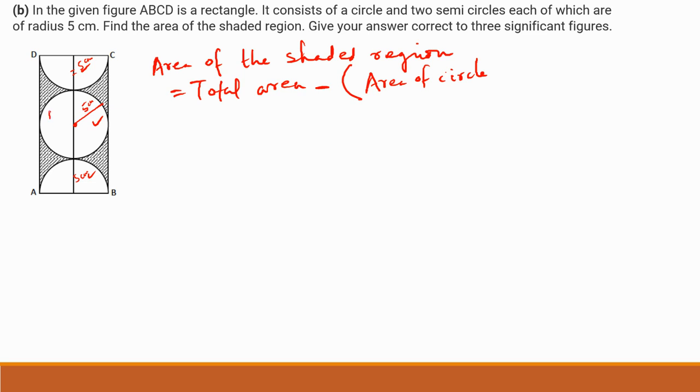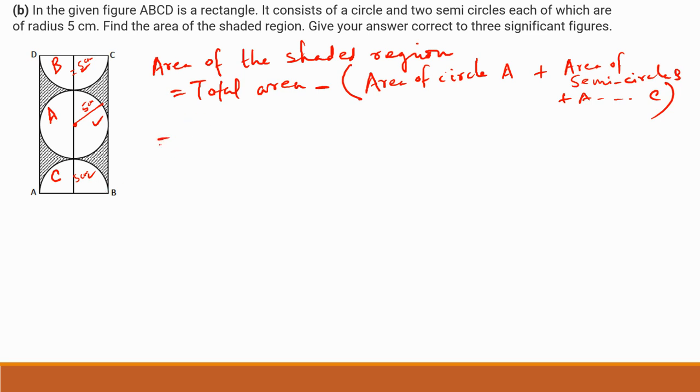You can mention, you can write here a, you can say this is b, this is c. You can also label it out. Area of circle a plus area of semicircle b plus area of semicircle c, right? This is the total area, and you have to subtract this circle area, this b area, and this c semicircle